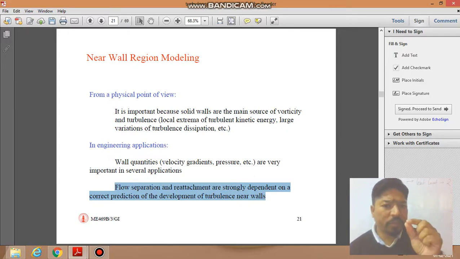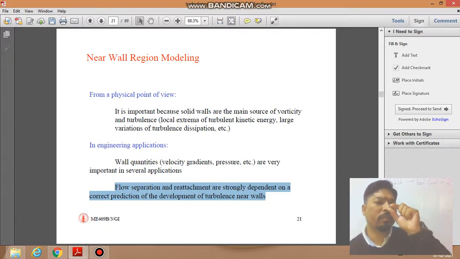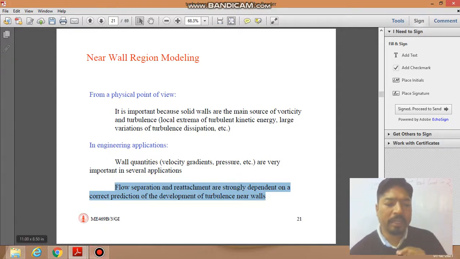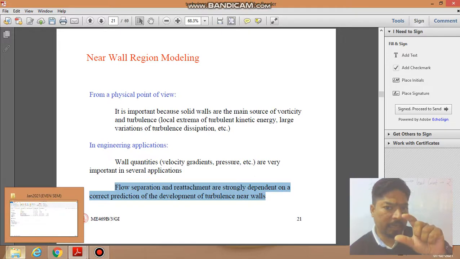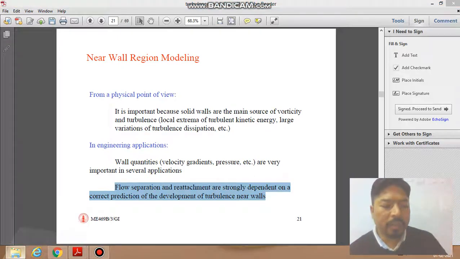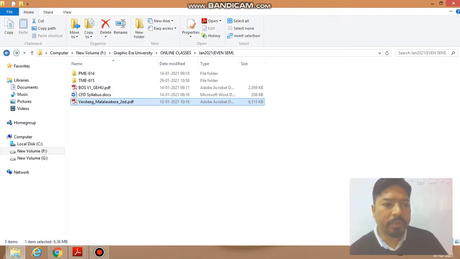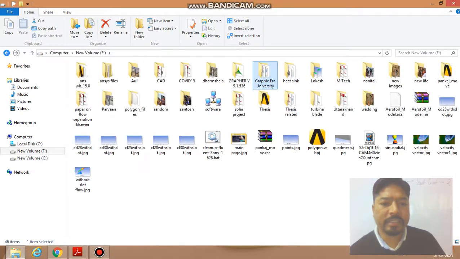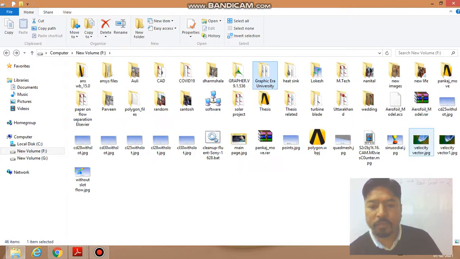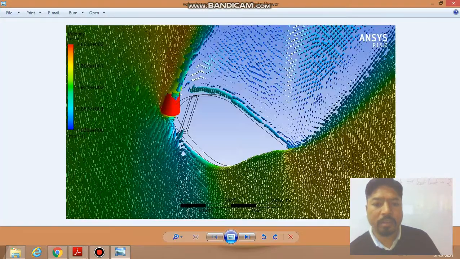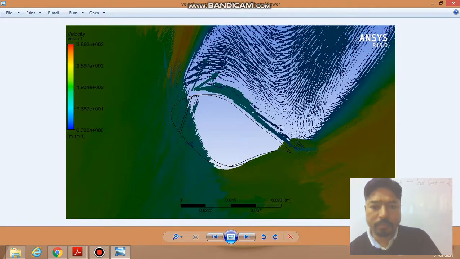I will show you one example by which you can understand the concept of flow separation. I will open that diagram and give you an example of how the flow separation phenomenon happens in fluid dynamics or computational fluid dynamics. Okay, so my dear students, from this you can see